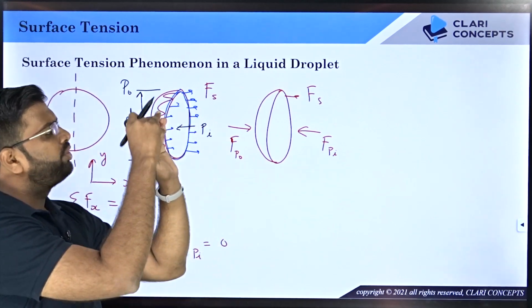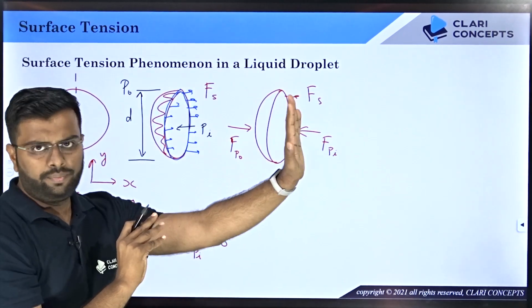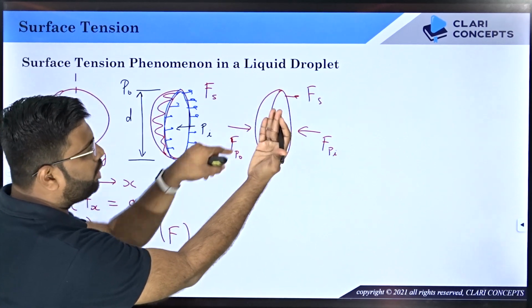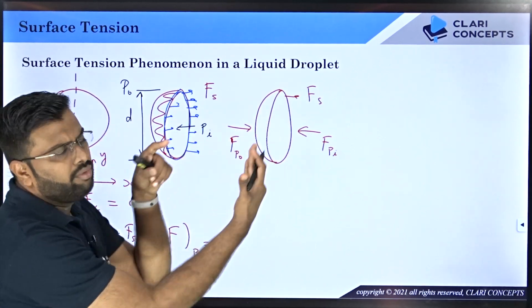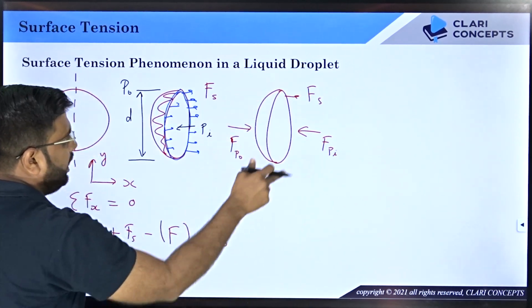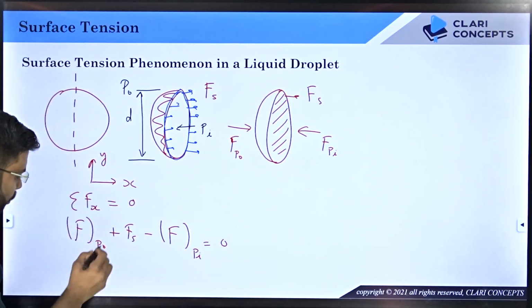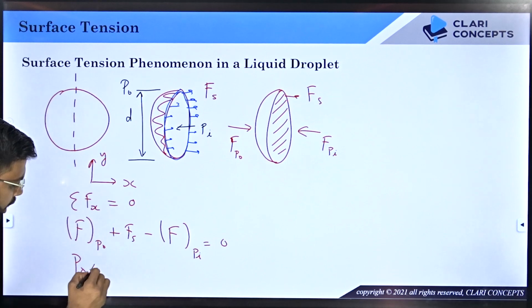What I will do is I will project this area on the right wall first. So I will have a wall on which the area will be projected. If I see, it will be a circular area, and that area multiplied by pressure will give you the force, right? So here the area will be what? Circular area, pi by 4 d square. So I will say force because of this pressure Pu will be Pu into pi by 4 d square